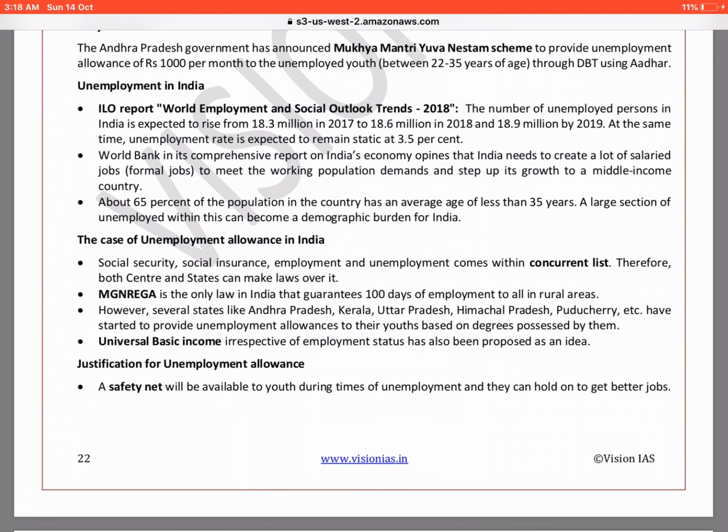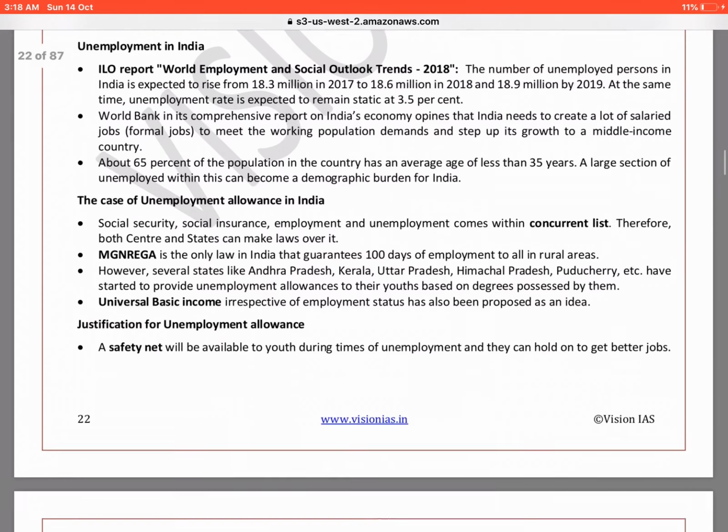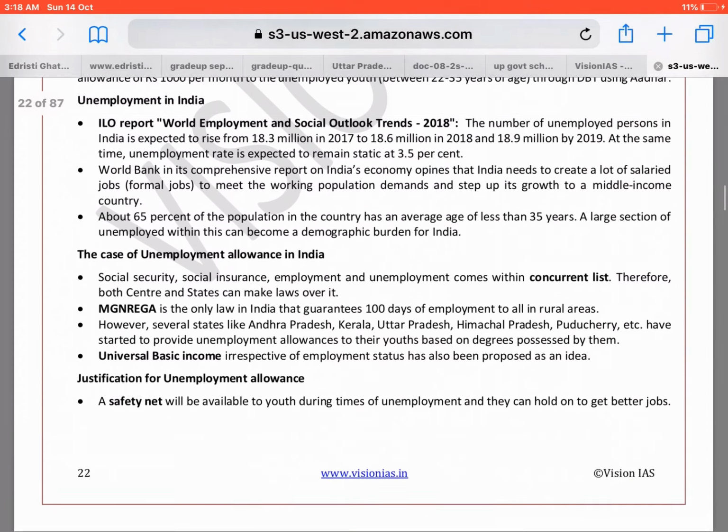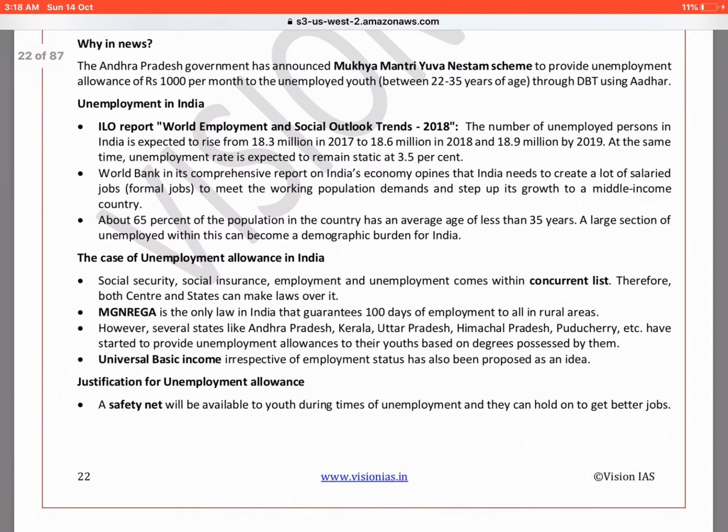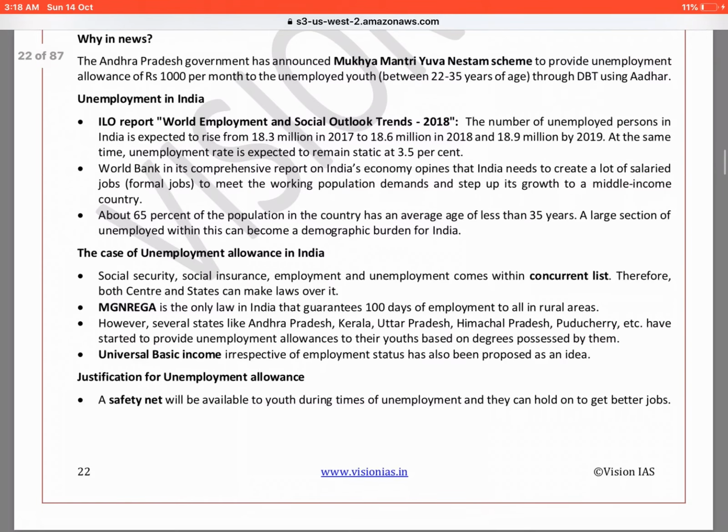But a committee should be set up to decide what the universal basic income should be. 1000 rupees or 2500 will not work, considering the health expenditure, the expenditure on food and other needs, also clothing, shelter, and all these things. So do you think that 1000 rupees per month is enough?